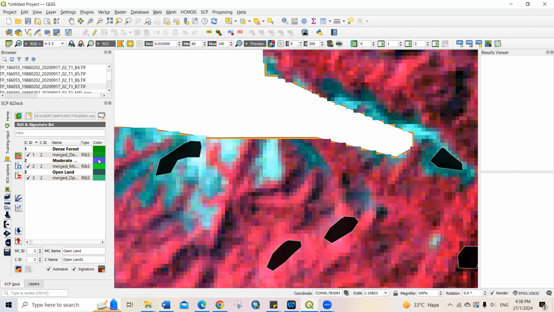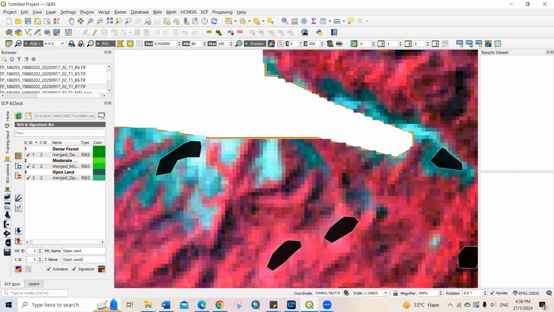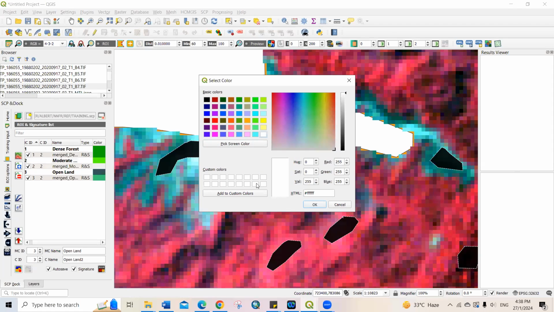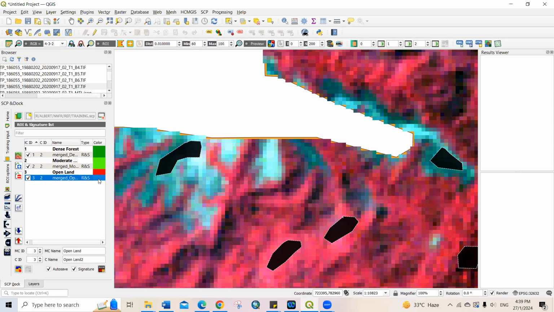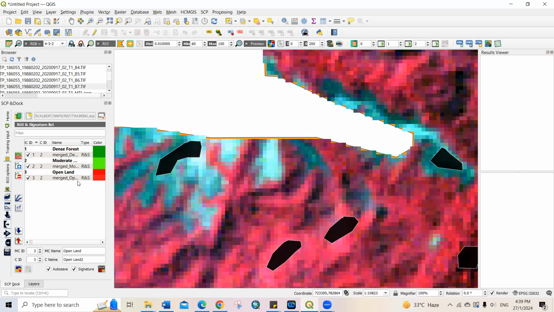The moderate forest, double click on it. Select a lighter green color. Then click OK. Also a lighter green color, click OK. For the open land, you can pick something red to show that it's a depleted forest. All right, so click red. It was formerly forest, but it's been depleted. So that's very good. So having done this, the next thing is, we have already set our training